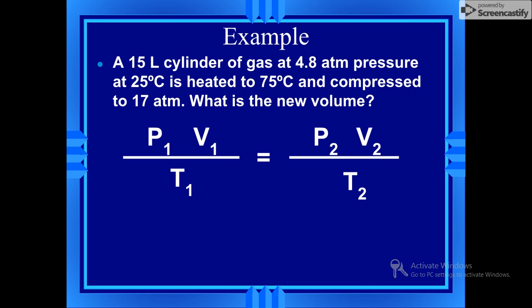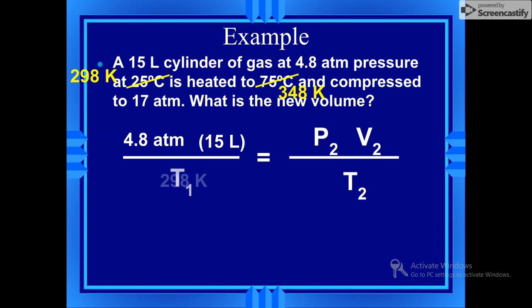So we're going to plug all of our variables into our equation. Remember, our P1 is 4.8 atmospheres, our V1 is 15 liters, and our T1 is what? Hope you said 298, because it is 298. Now let's go over to our final side, our 2 side, where our P2 is 17 atmospheres. Our V2 we do not know, but our T2 is